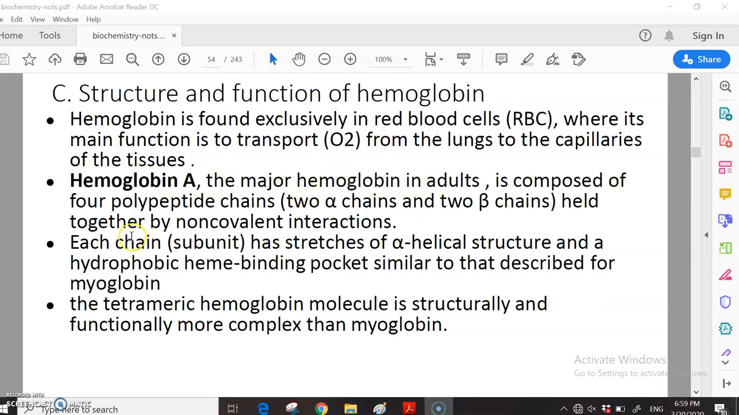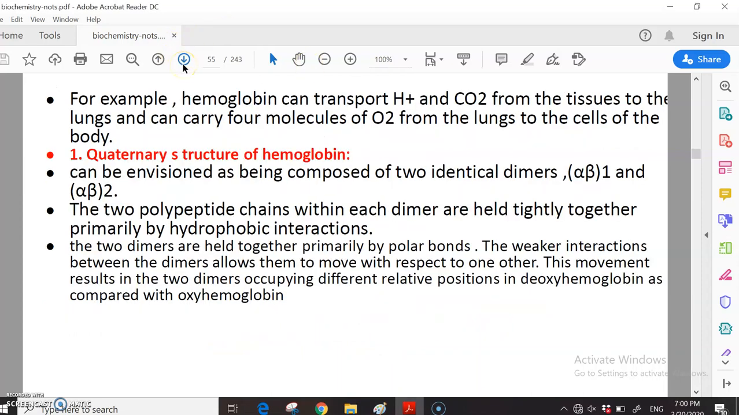It is composed of 4 polypeptide chains, 4 units: 2 alpha chains or alpha units, and 2 beta chains or beta units, which are held together by non-covalent interaction. Each chain or subunit has a stretch of alpha helical structure and a hydrophobic heme binding pocket similar to that described for myoglobin. The tetrameric hemoglobin molecule is structurally and functionally more complex than myoglobin. For example,